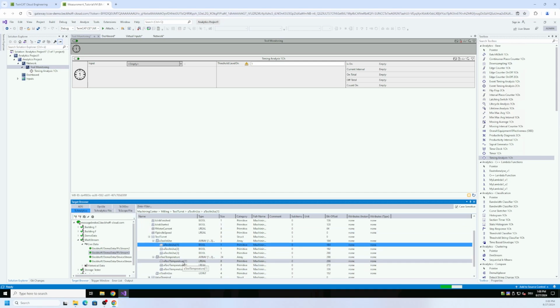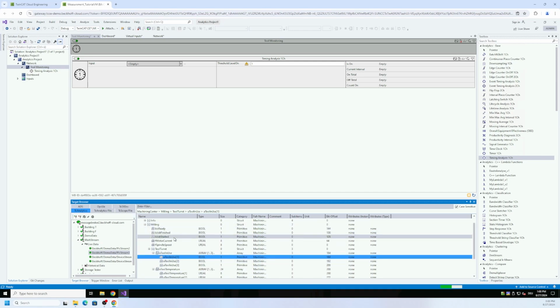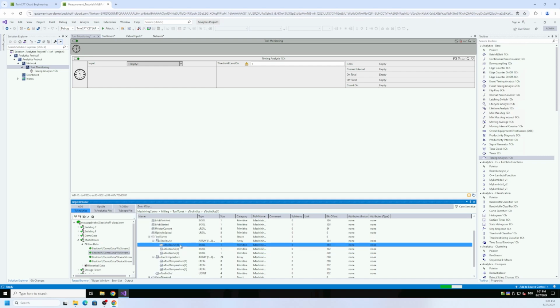If we take a look at the milling part, then we have here some kind of ready flags, job flags, started, finished. We have the current of a motor, the speed of a spindle, and we also have the tool torque here, what I already said, where we have different arrays if the different tools are in use.